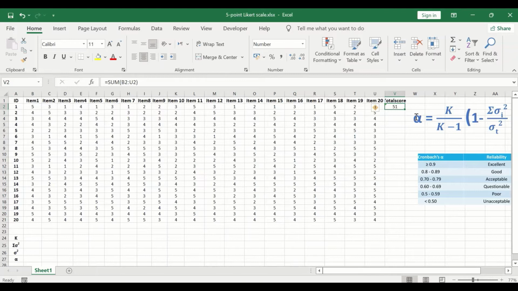To autofill and auto calculate the total score for the rest of the participants, select the cell here, hold and drag, and then release. A value is generated for each individual participant. The next step is to calculate the variance for each individual item or question, and then the variance for the